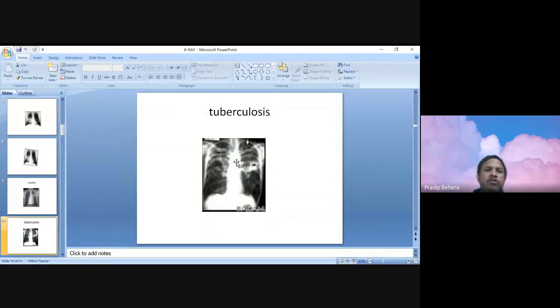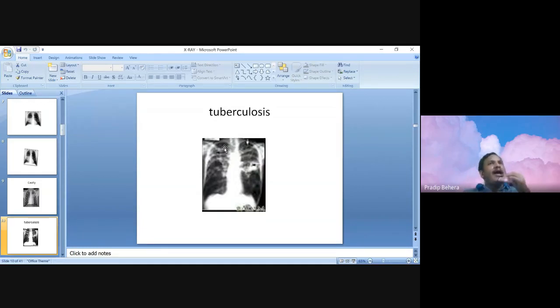You find not only the trachea deviated from the midline, but also the cardiac side may be pulled to the same side, and there will be multiple radio-opaque shadows. We say features of consolidation. You may find features of cavity, fibrosis. These things are seen in a broader area. Most of the time it is the apex, because as you know, tuberculosis affects the apical zones.